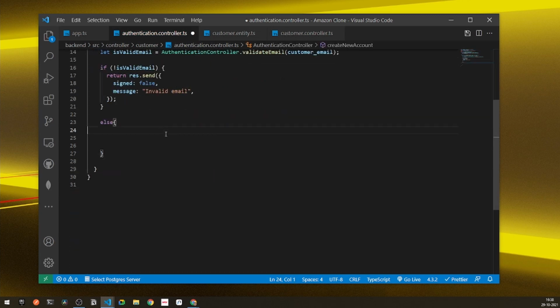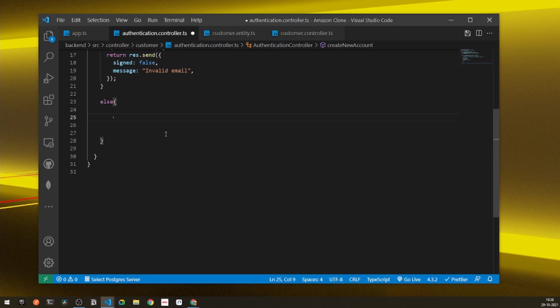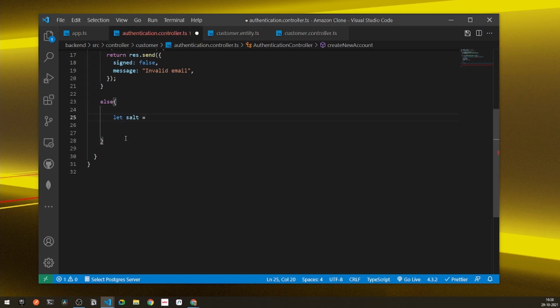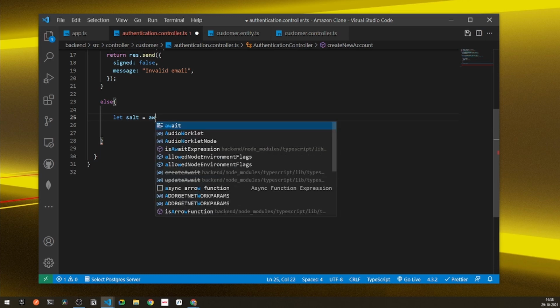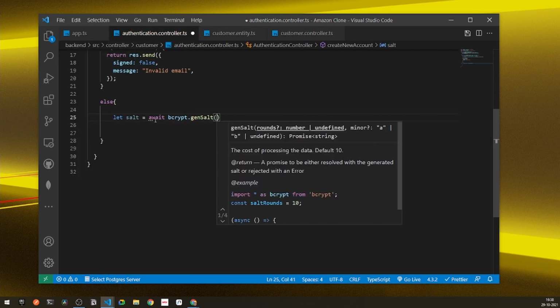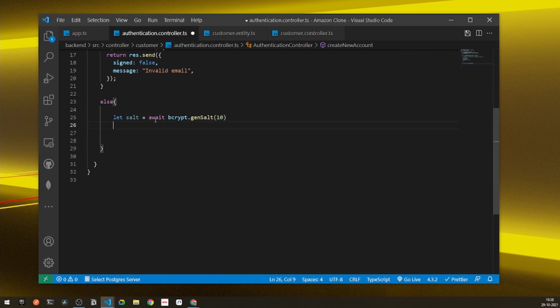So right now what we can do, first of all we need to add a new salt. What salt will be doing, salt will be encapsulating all of the user email and it will be spreading over the particular string. Now let me show to you about how it will be working. First of all, we will be declaring a variable of salt, and here I'll be simply saying it should be under await for bcrypt.genSalt. The value should be 10. Right now we have got our salt generated.